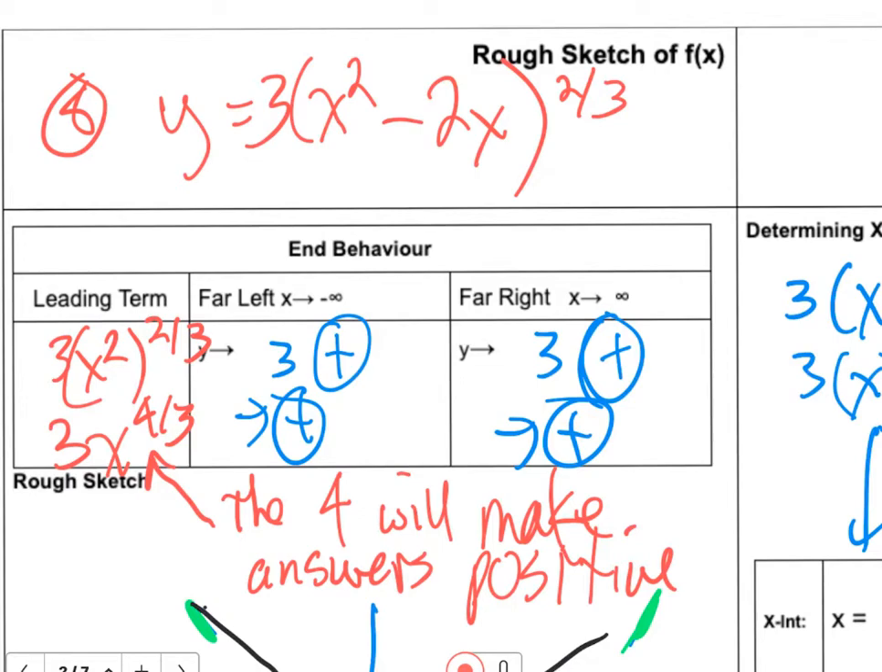What about far to the right? Well, again, 3 multiplied by a positive, because x squared is positive, and then you apply the exponent 2/3, it's still going to be positive. So far to the left, our y value is up high, and far to the right, our y value is up high. Now, what about